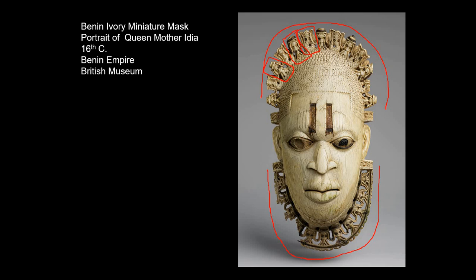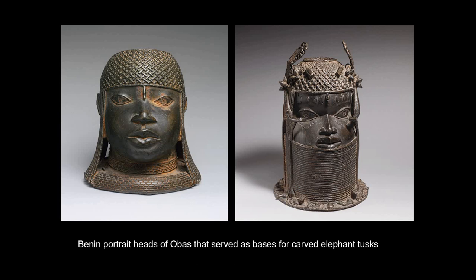Well, of course, trade was a major source of wealth for the Oba and the royal family in the Benin Empire, and so therefore you're going to have the symbols of wealth incorporated into your iconography. And that means you're going to have little elephants because they're the source of ivory, but you're also going to have little foreigner heads, little heads of Portuguese traders, because those are the source of your wealth. Really remarkable. One of the other great artifacts that come out of the Benin Empire at this time is going to be these ancestral shrine heads that were meant to hold carved elephant tusks.